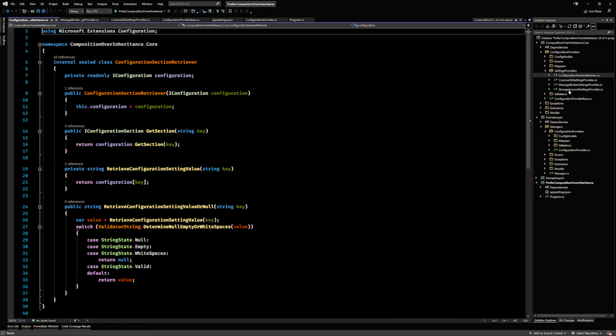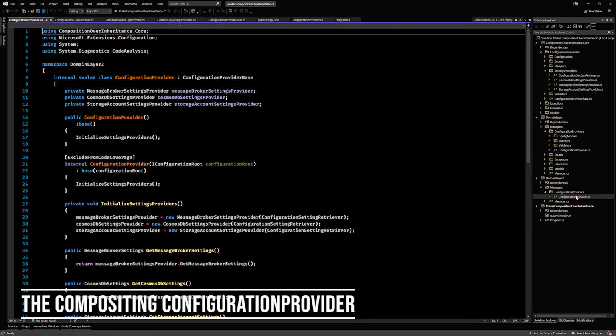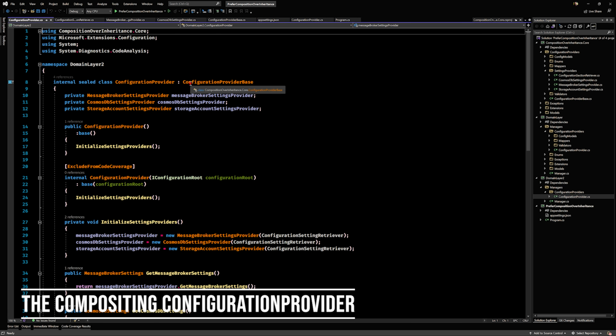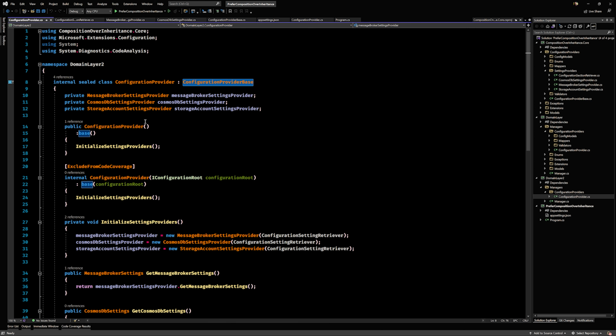So the difference is, if you look here in the domain layer 2 class library, the config provider here descends from config provider base, but it composites the three. In this case, it requires all three features, so it composites the three implementations, if you will.